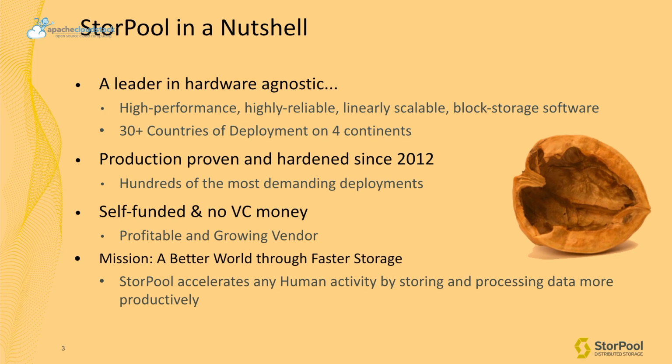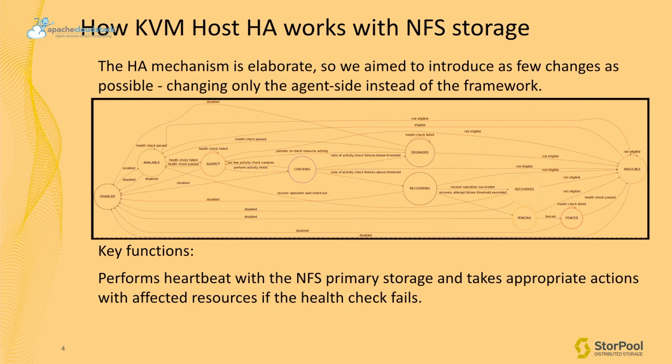So with that out of the way, a little bit about StorPool. Now we can go into KVM Host HA with NFS. So the mechanism that is in place today, the framework itself is very detailed and elaborate. That's why when we went into this project, we wanted to do as few changes as possible. We didn't want to interfere with anything with the framework itself. Rather, we wanted to just introduce changes to the agent side,